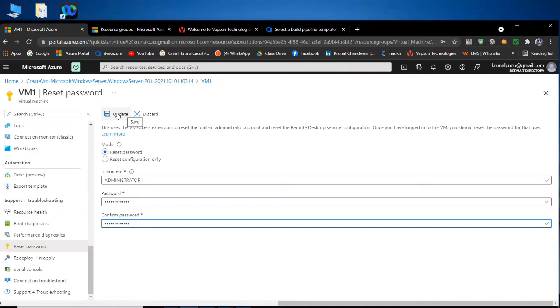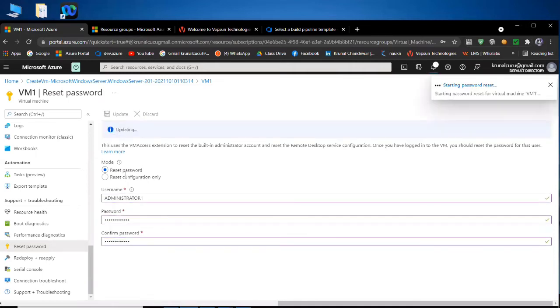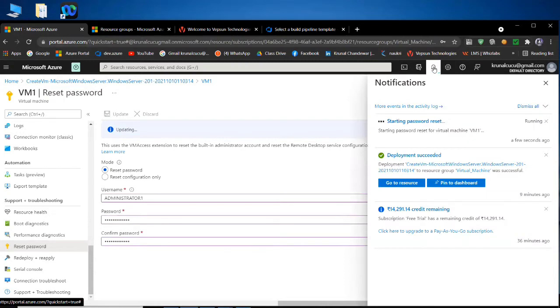So your password will be reset. Now updating, he's saying, see here, and that notification you will get here also. Okay, see, resetting the password, and it will take some time.